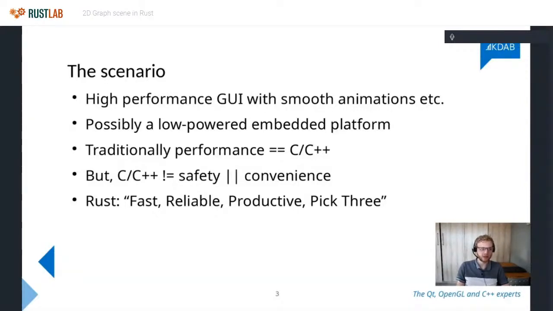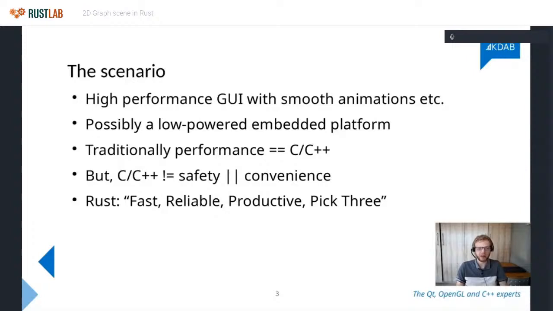The way it achieves this is through this whole concept of ownership and the borrow checker. I'm not going to go into much of that right now. There are many resources online that you can check out if you're interested. For now, I'm going to assume that all of these things are true. And if we use Rust, then we can get systems which are fundamentally more stable, secure, and at least as fast as C or C++ systems.